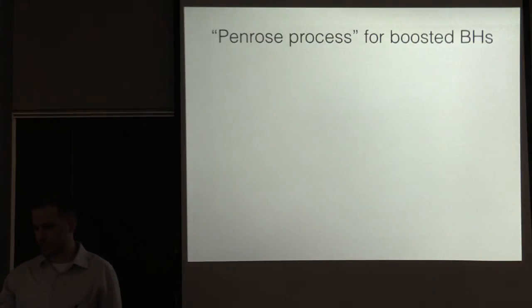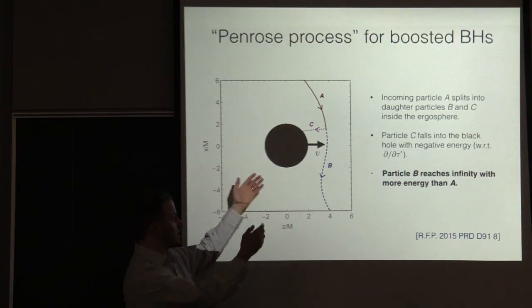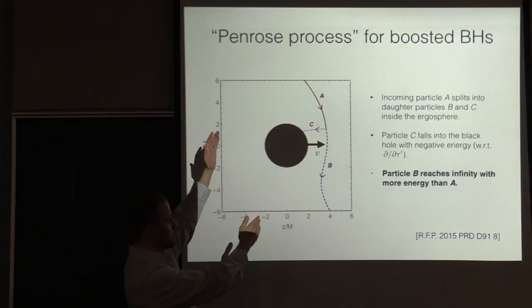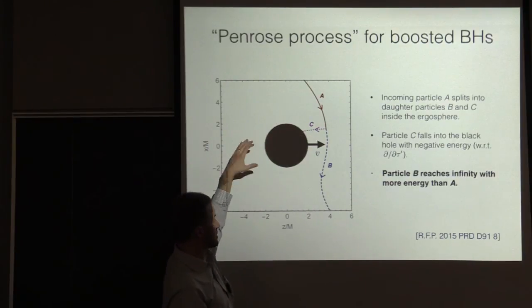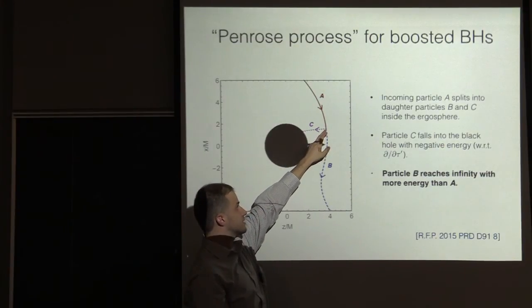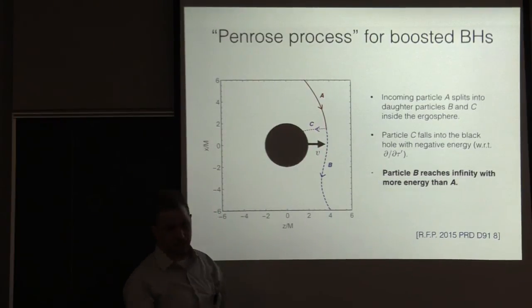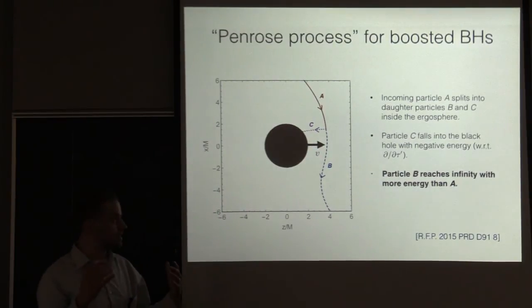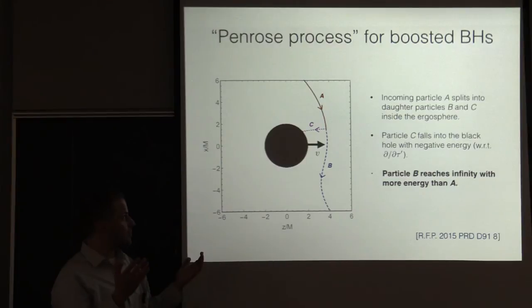And you can do the same thing in this case to convince yourself that in principle it's possible to get energy out. So one of the things I did is find, and these aren't cartoons, these are actual trajectories where particle A comes in, moving near the speed of light, so it has a huge ergosphere. It splits, and you find some negative energy trajectory that falls into the black hole, and B comes out with more energy than A. So it's like a proof of principle. You convince yourself this is really possible to get energy out. Maybe it could be interesting astrophysically. It might be fun to think about.